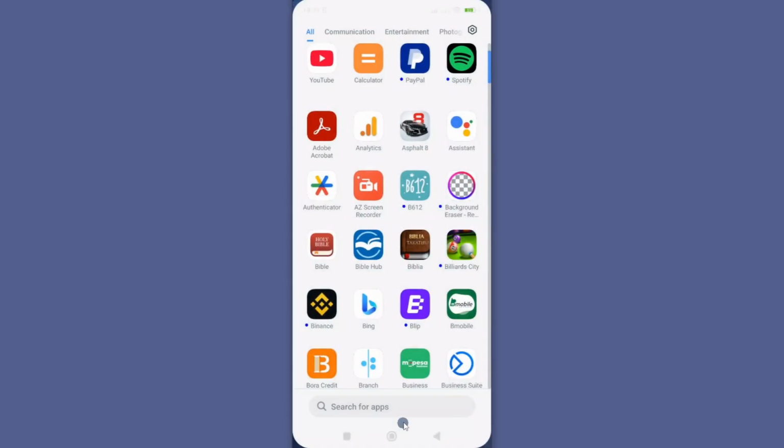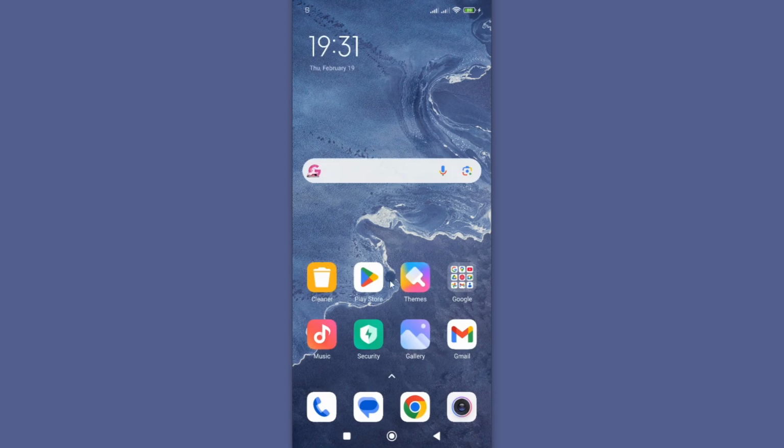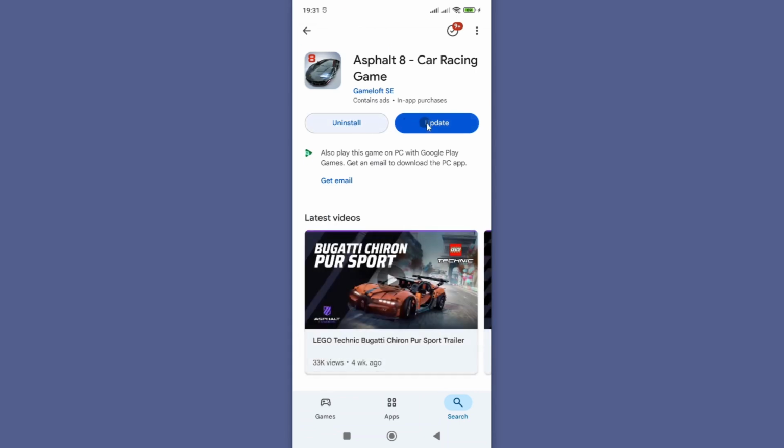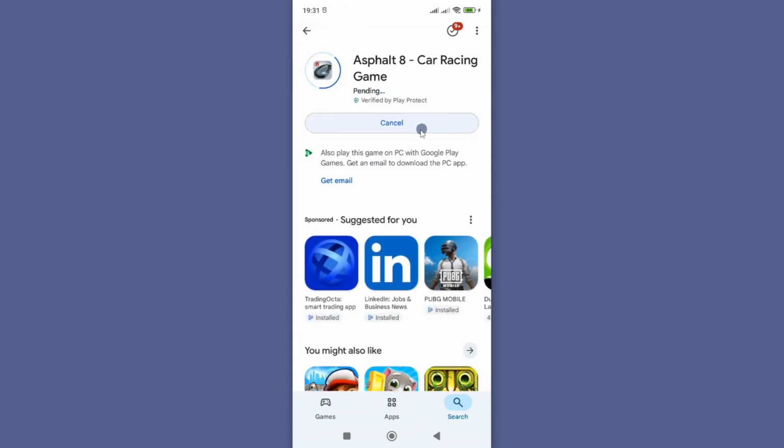However, if you're still experiencing any challenge, then head over to Google Play Store here and find out if we have any update, and then update this app to the latest version. By updating your app to the latest version, you'll be able to fix any issues or any errors associated with